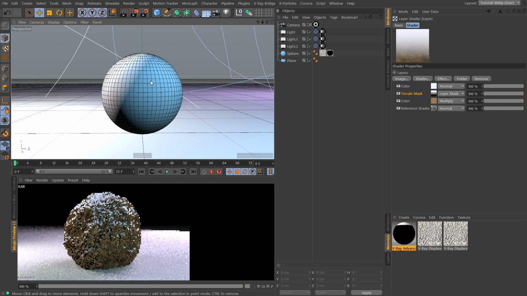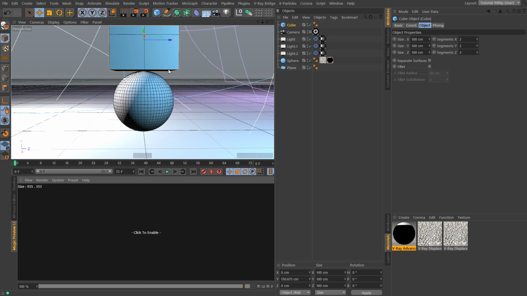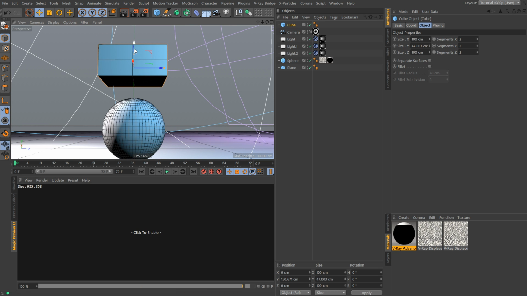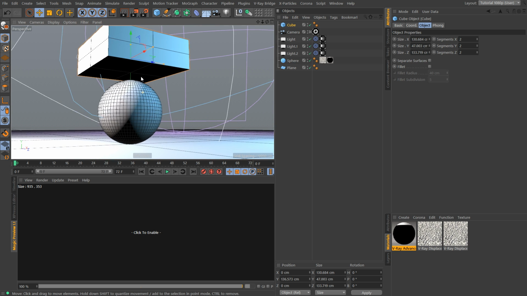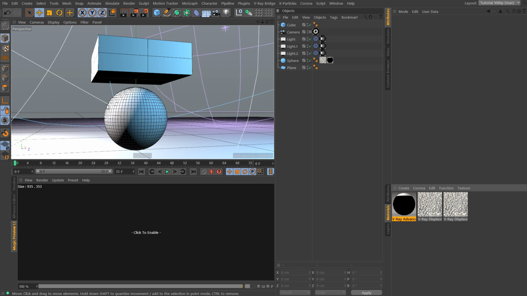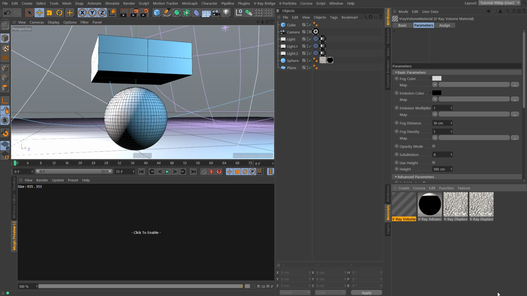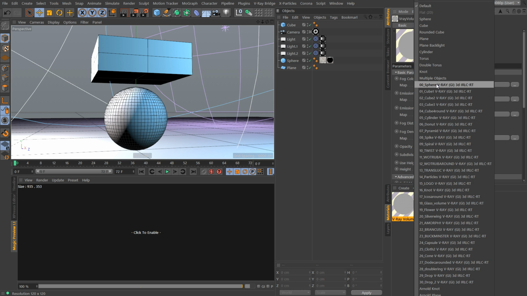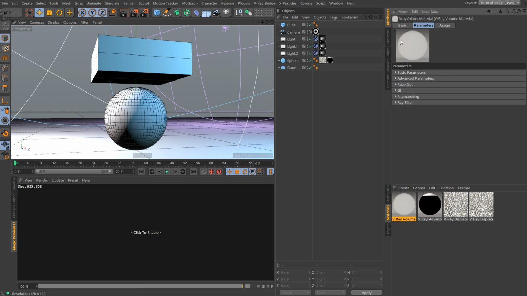So this is all working great and super fast. And what I want to show you guys next, and this is a huge feature that I've been waiting for a very long time, is that I'm going to put a little cloud over my little spherical world here. And sorry, this layout is a little different from the standard, but I have my materials over here. If I go down here, you guys should be able to see that there is a new V-Ray volume material. If I right click here and just set the material preview to the default V-Ray,